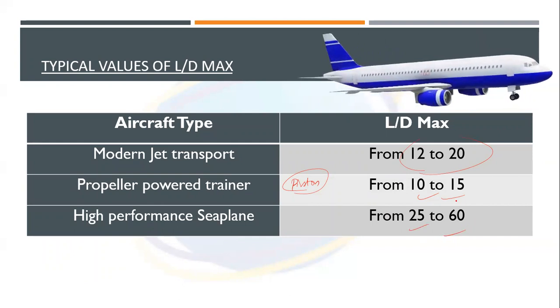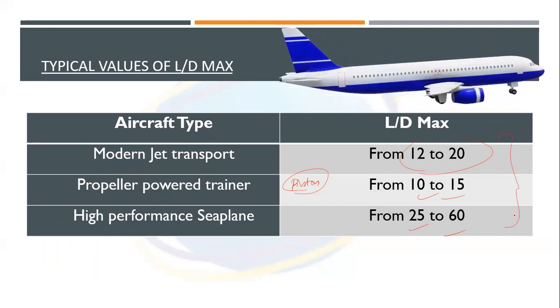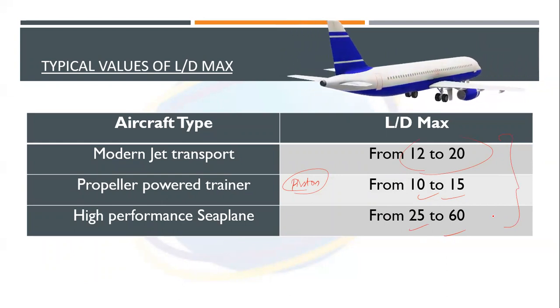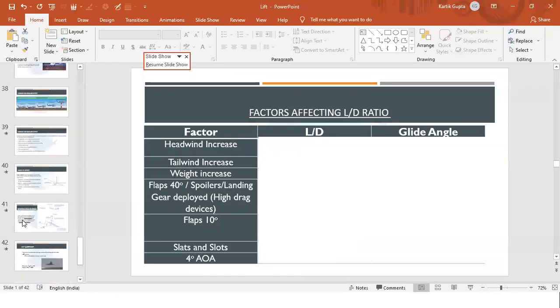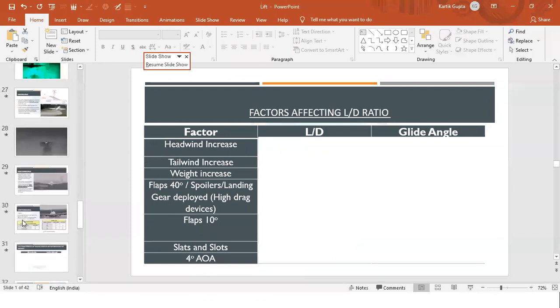Why have I made this table? Again, it has been asked in the DGCA exams. It's of no value to you right now, but it has been asked. Okay, so we'll just give you an example. Now you understand that L by D ratio affects the glide angle, the glide range. So we'll just consider what's the difference between glide angle, glide distance, and L by D ratio. This particular slide is actually more sensible in the chapter on glide or flight mechanics, but I put it here just to make you simply understand what is happening in this.